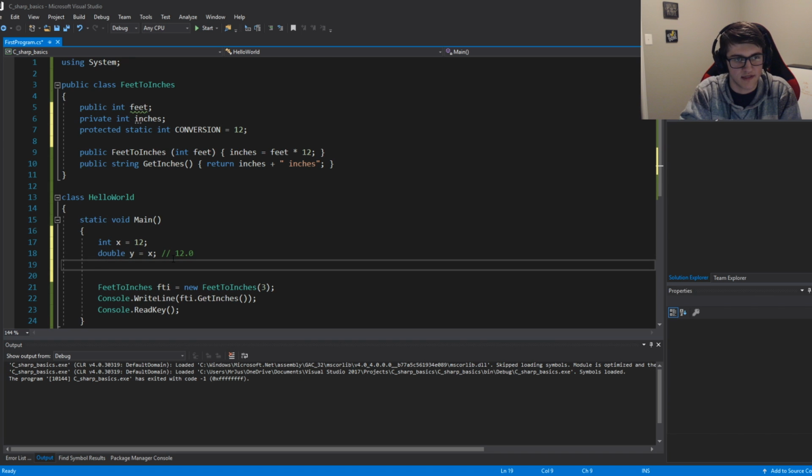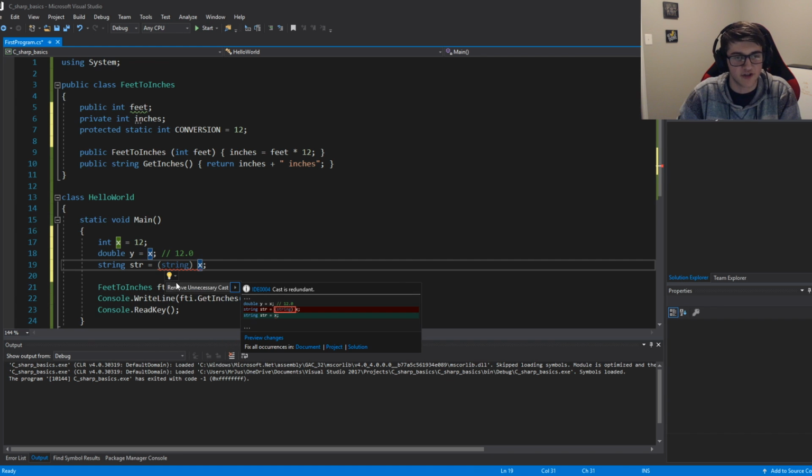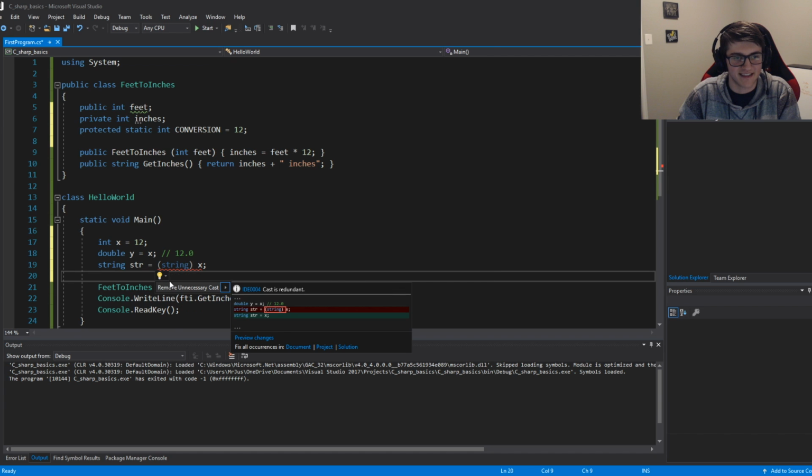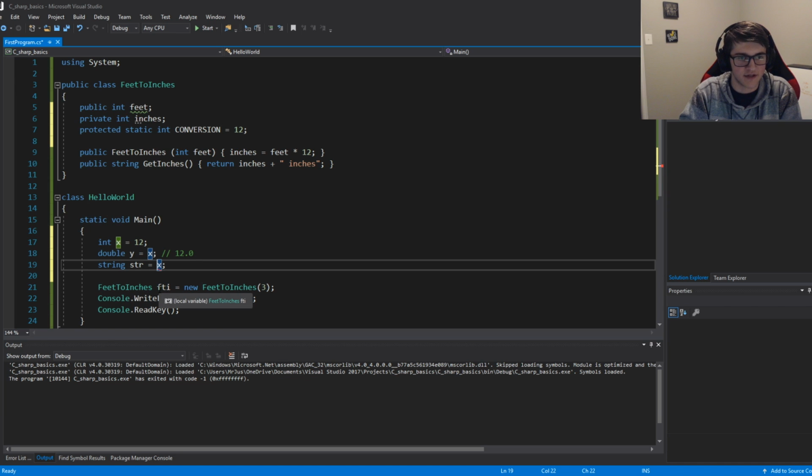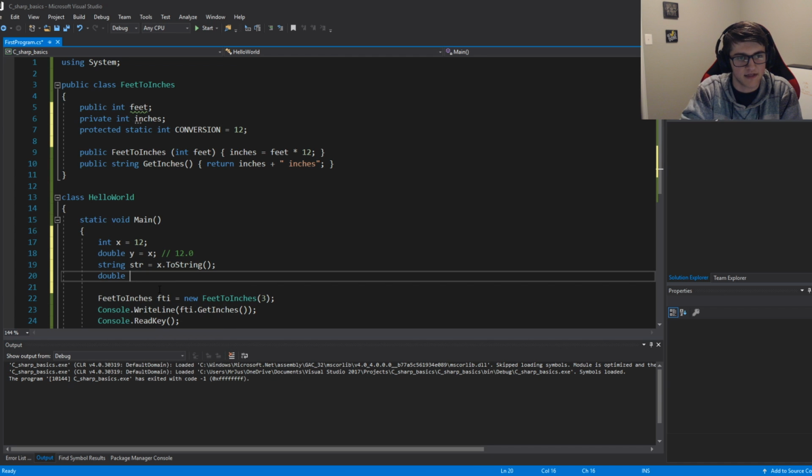And you can also do this another way, in a little bit less direct way. If I create a string, just name this str, and if I put string here and then say x, C# is saying that you don't have to actually explicitly say this because it has that toString method. But if you wanted to convert an object into a different thing, you can either call this function toString if you're wanting to convert it into a string, or if you want to take this int and make it into another double,